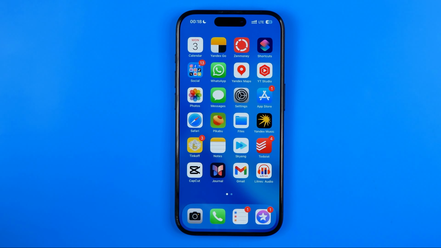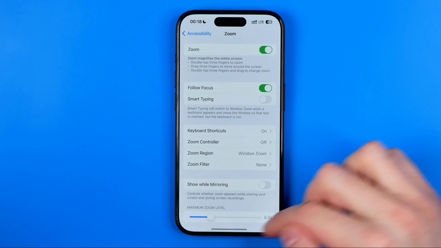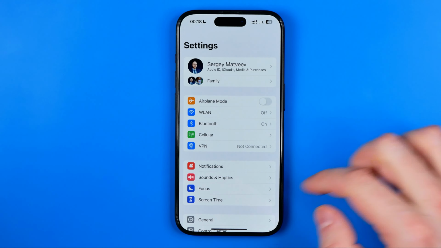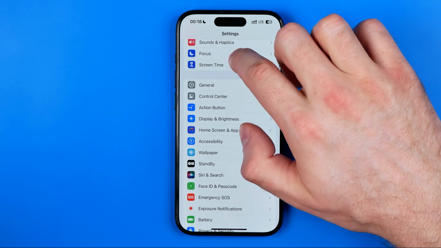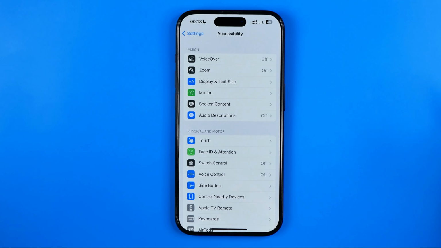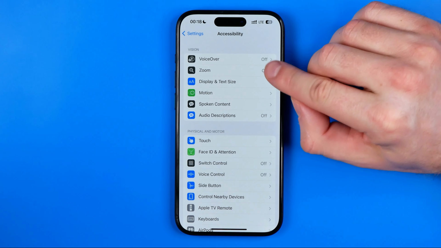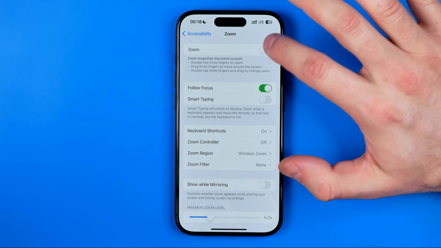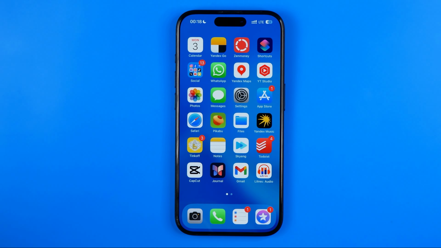If you would like to turn off this feature itself, you need to head over to settings. I'm going to show you from the beginning. So first off we need to open up settings, then I'm going to go to accessibility here. And that's where we can easily find zoom. It is turned on now, and we can just turn it off to stop bringing up that magnifying glass,